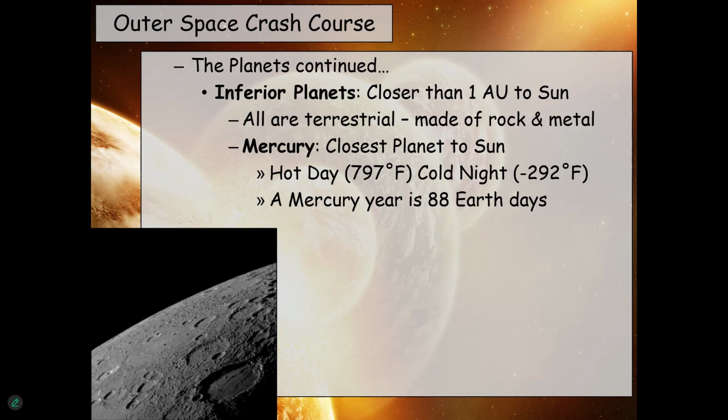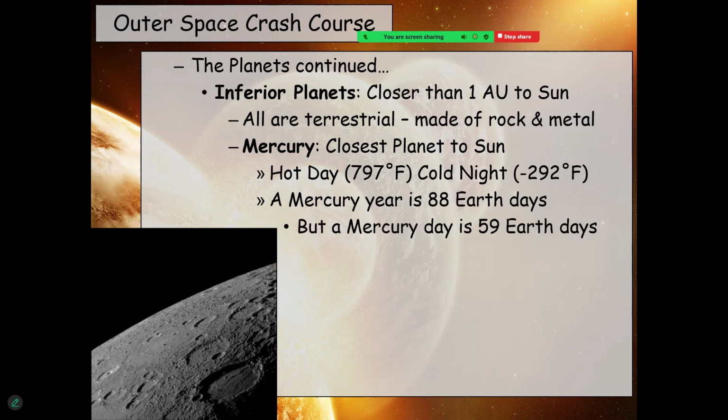So like a quarter of our year. In one Earth year, Mercury can have 4 years, give or take. Just because it's closer, it has a shorter year. So that's kind of obvious. It's closer, so it would have a shorter year. But also it's influenced by the sun's gravity in terms of its rotation.